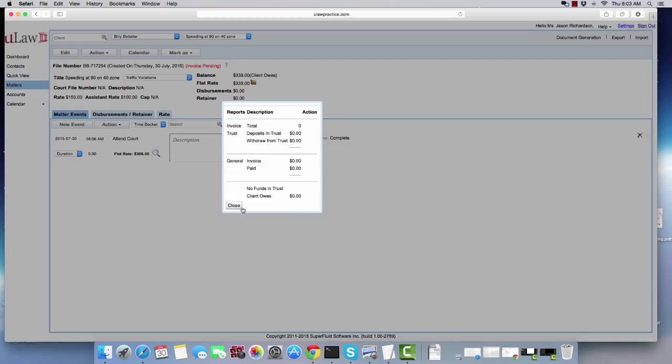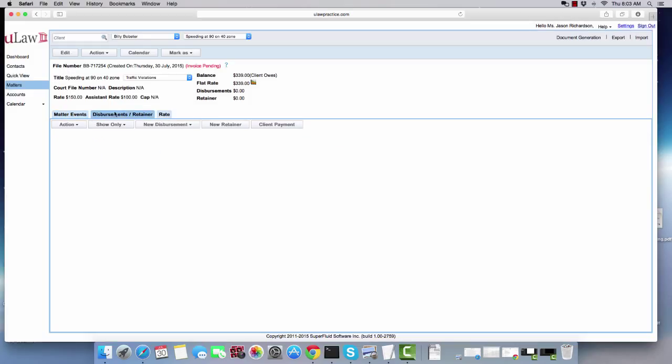It's very important, because if not, and you still think that the matter is incomplete or you have work to do, that cash has to actually go in as a retainer. You would put it in trust, and later at some point when you raise an invoice, you would transfer that money. But let's assume this work is all done, complete,